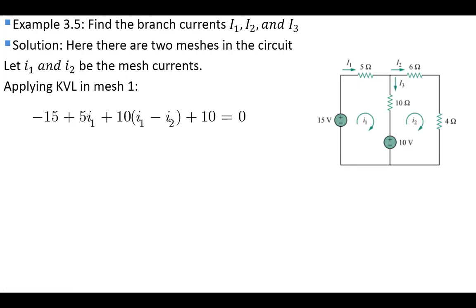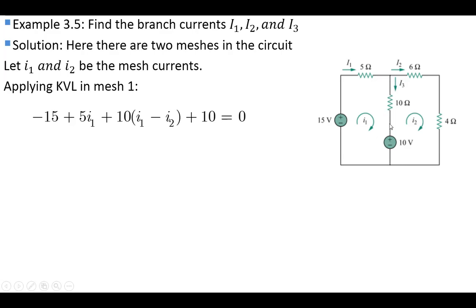So we'll come to the 5 ohm resistance. You can see this is the 5 ohm resistance. The voltage across this resistance can be written using Ohm's law, that is V equals IR, and because this is a resistance element, the voltage across it will be taken as a voltage drop, so positive sign. The voltage drop will be 5 multiplied by I1, because only I1 current is flowing in the 5 ohm resistance. So plus 5 I1. Then we'll come to this point, coming downward to the 10 ohm resistance.